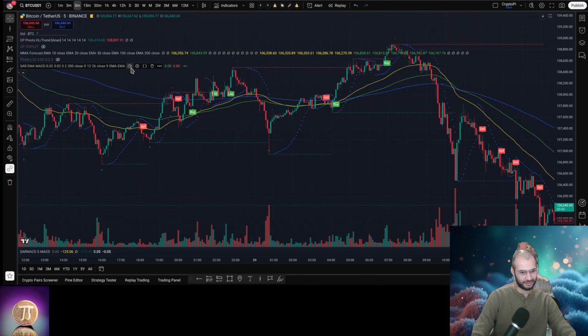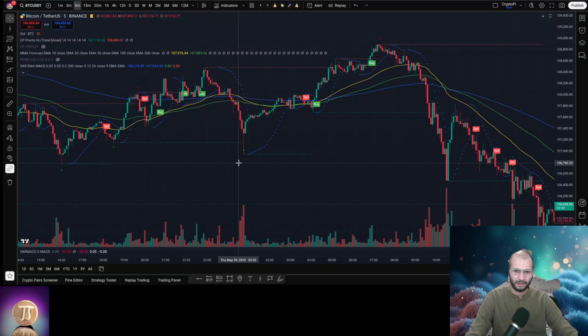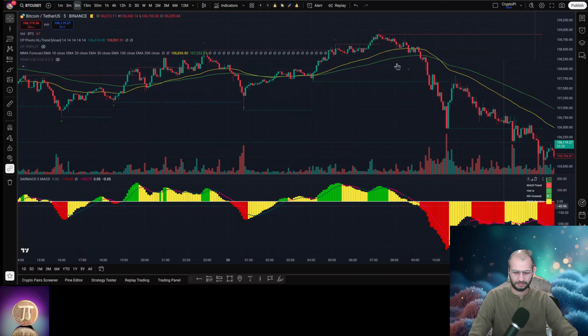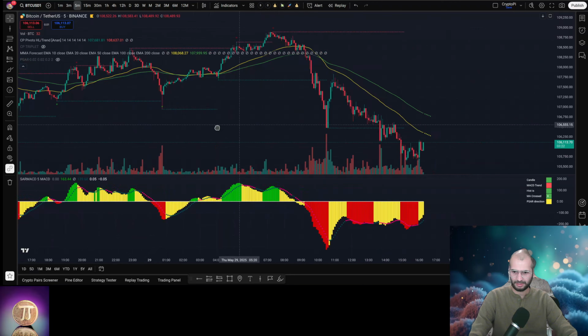Here there is another indicator which looks very similar to PSAR. Probably I just duplicated it. This one. This one here uses SAR and MACD,